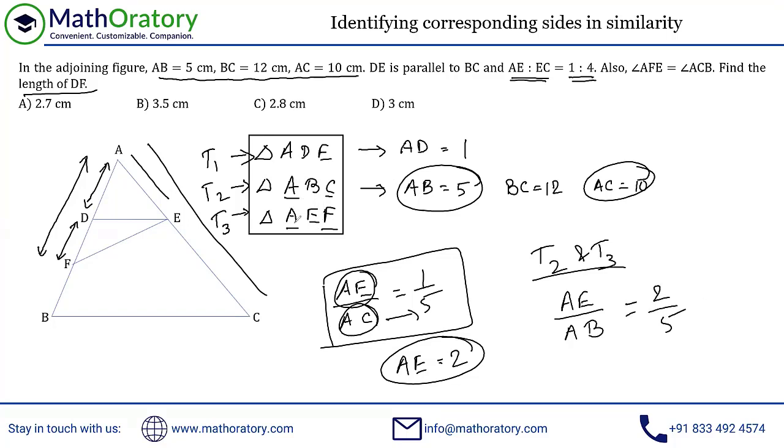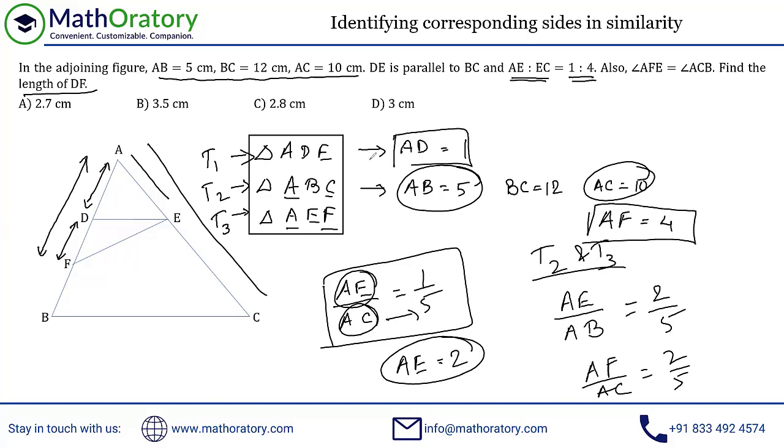And since now we are looking for AF, just look at these dashes. So AF out of AC. So AF by AC should also be in this ratio, right? So AF by AC should also be 2/5. And since AC is known to us as 10, that gives us AF as 4. So just use this ratio. So now we got our objective. We have the value of AD and we have the value of AF. Simply taking a difference, we'll get the answer. So this is 4 and this is 1, leaving 3 centimeters for DF. So that should be the answer to this problem.